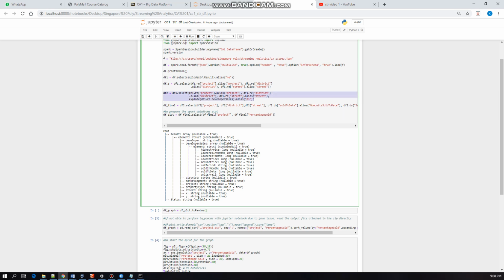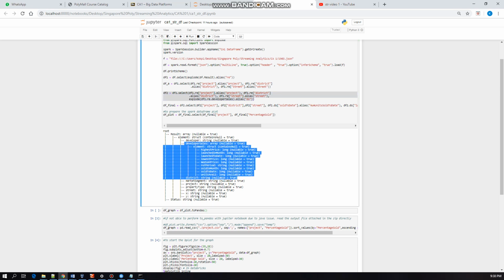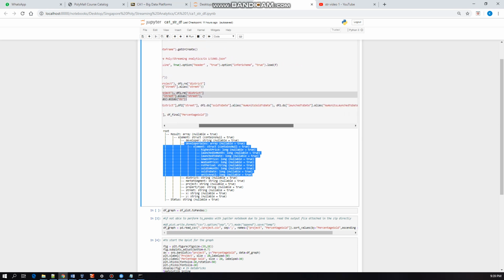A second data frame will then be constructed to retrieve information from the developer sales. The columns or the fields which are of interest here are the number of units sold to date, the launch to date,